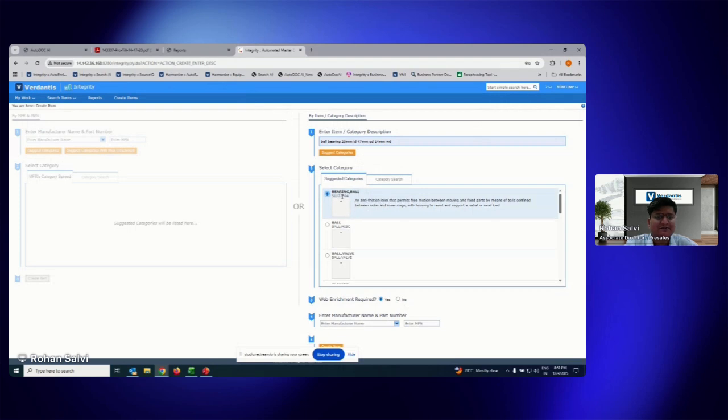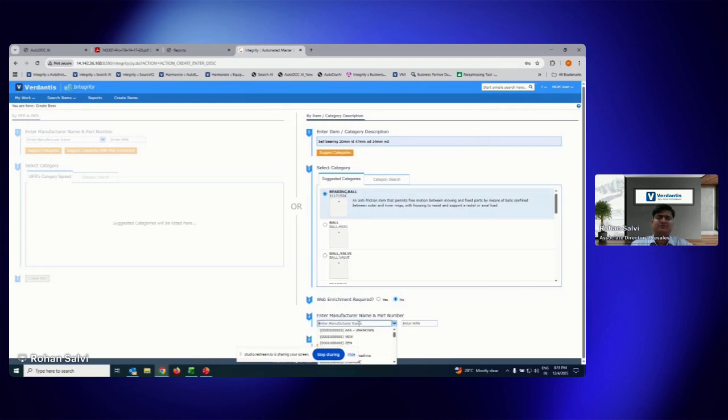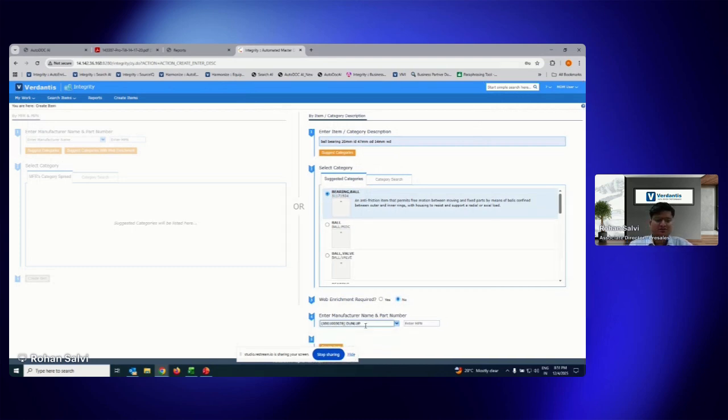It has also assigned a UNSPSC code over here. Now I can go ahead and create this record. I can skip the manufacturer name and part number. Let's say I just want to call it unknown. I'll just leave it as unknown. Okay. Now this is something that I'm skipping right now, but it can be set up as a mandatory step, and you can eliminate the unknown entry over here.